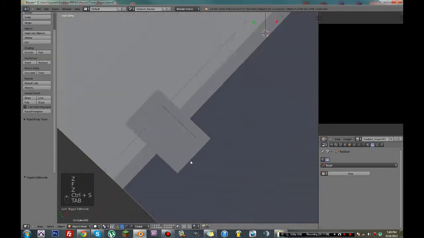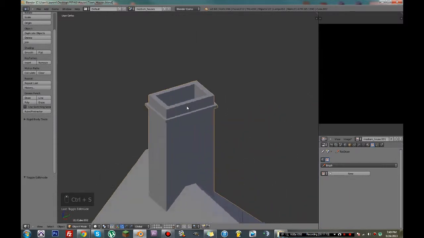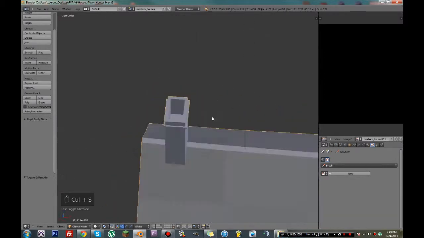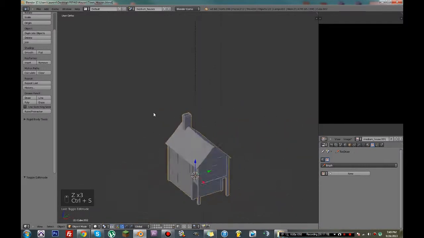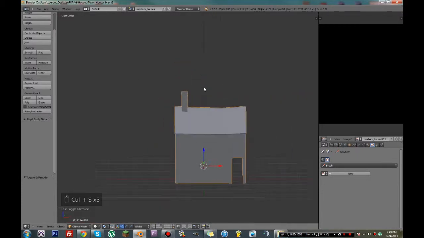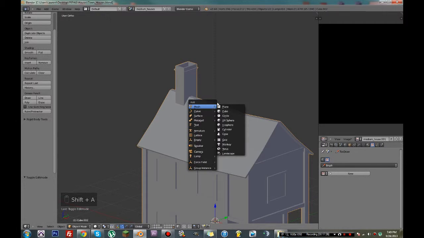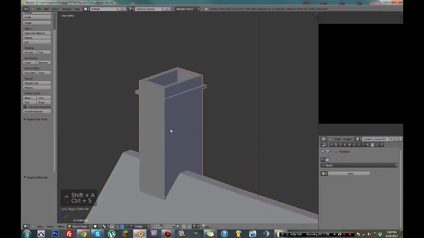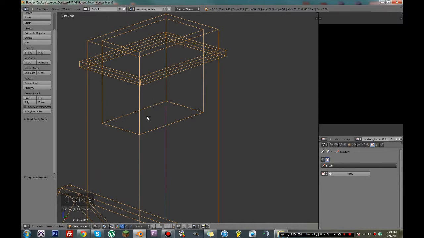And like that. And now, I know what you're thinking, but you said you don't have to do faces like that. Yes, I'm aware of that. However, if you want to do smoke particle stuff, or not particles, but having smoke come out of here with planes with a smoke texture on them, which I will show you how to do eventually, then this is going to be very useful